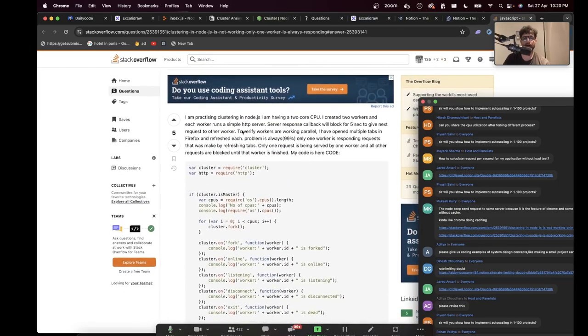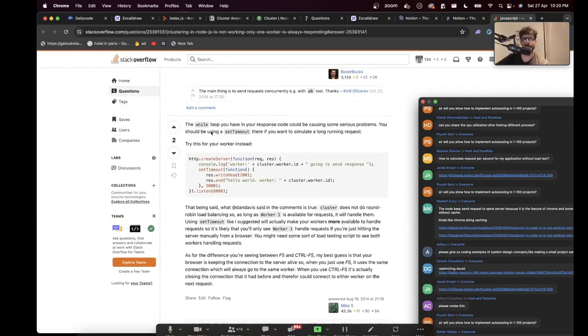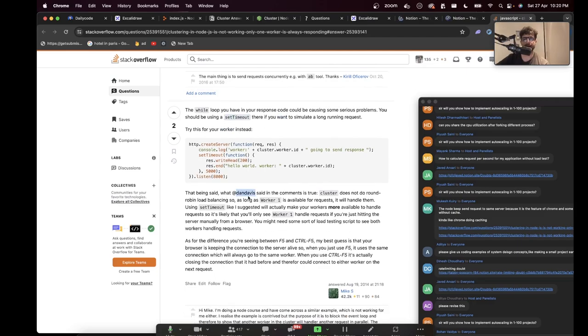I've created workers with a 5 second delay to verify. I've opened multiple tabs. Only one worker is responding. That makes sense. They have a similar problem. And what was the solution? If you have some problem, you might be using setTimeout here. That being said, the comment is true. Cluster does not do round robin load balancing. So as long as worker one is available,